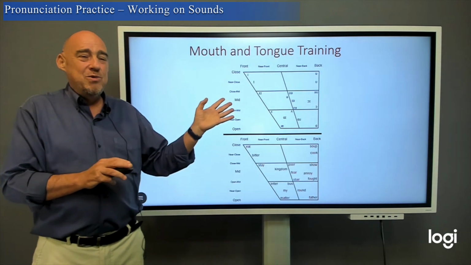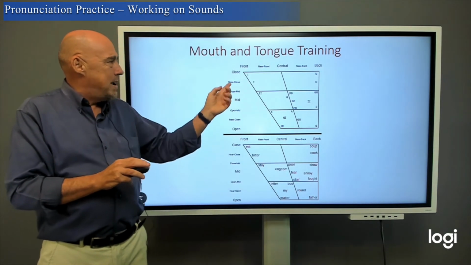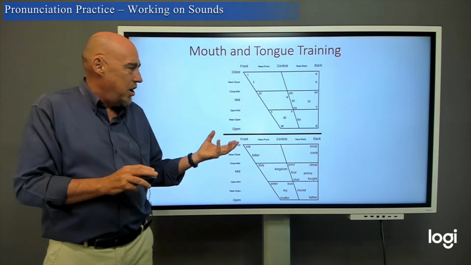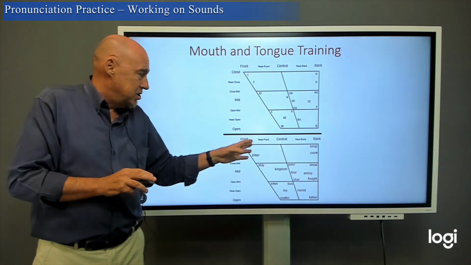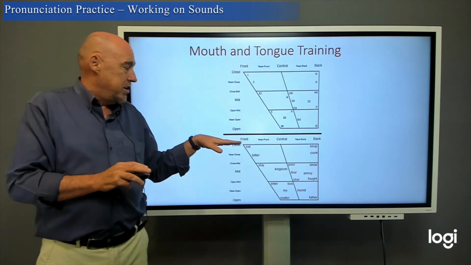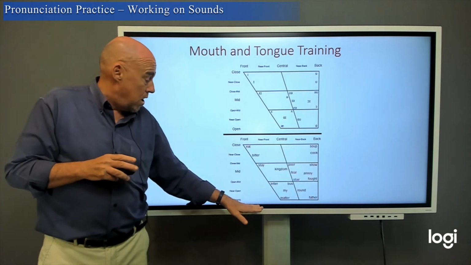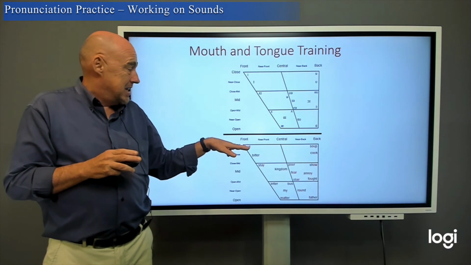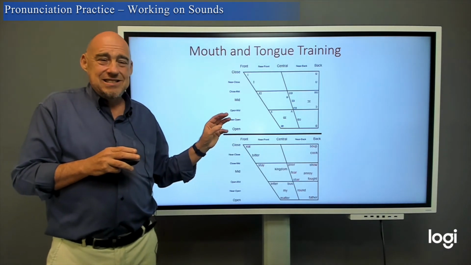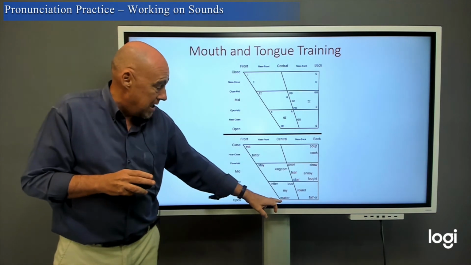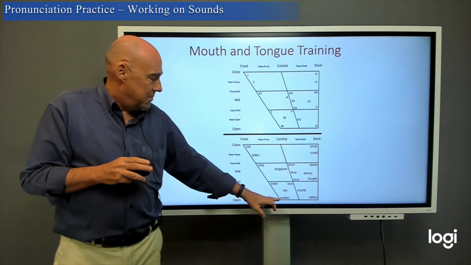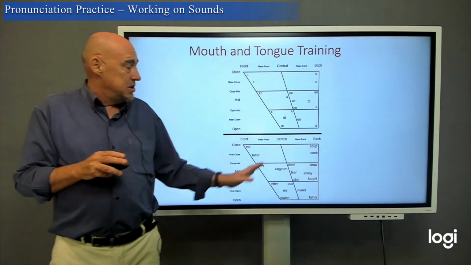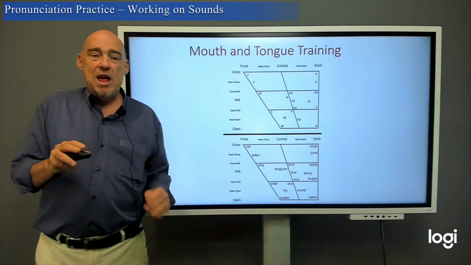And then we have this one, which I don't know if you can see it so well, but basically it says where your tongue should be, whether your tongue should be in the front or in the back, whether your mouth should be closed or open. So for example, "eat." My tongue is in front, my mouth is slightly closed. Whereas for the word "matter," my mouth is wide open and my tongue is kind of in the middle. So this can be a useful tool as well.